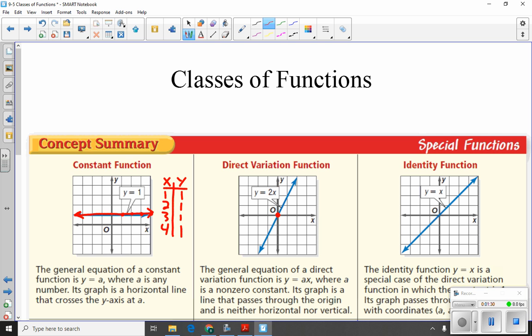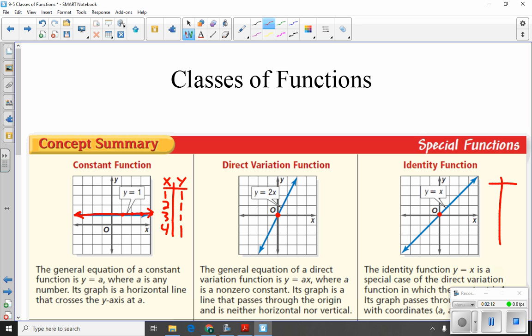The identity function is a specific formula. It is y equals x. That's it. So your slope will always be 1, and it'll always go through the origin. So the identity function is a direct variation function, but it's more specific where your slope has to be a 1. So it's still a line, it's still linear. y equals 1x plus 0 is it. The slope will not change, so they call it the identity function because the y will be the same number